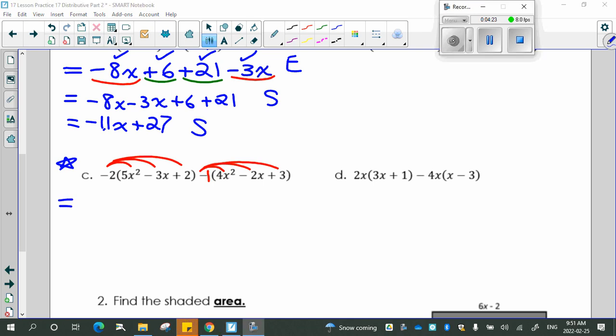I'll pause it. Okay, does anyone think they've got the first step for this one, the expand step? Jacob. Negative 2 times 5x squared, which is negative 10x squared. Good. And then negative 2 times negative 3, which is plus 6x. Yep. And negative 2 times plus 2 equals negative 4. Yep. And then negative 1 times 4x squared is negative 4x squared. Yep. And negative 1